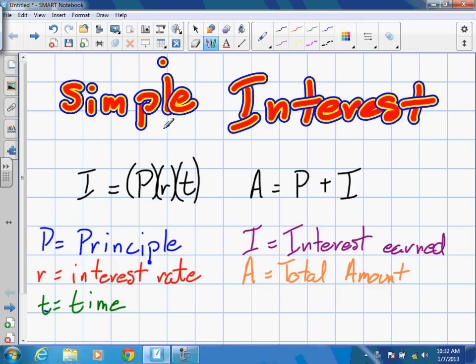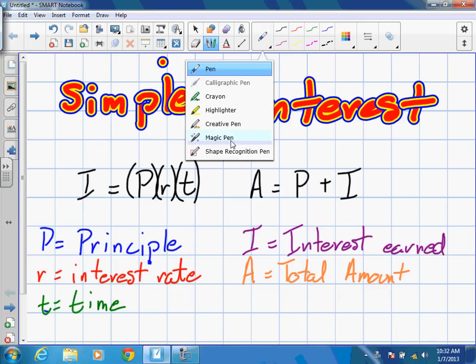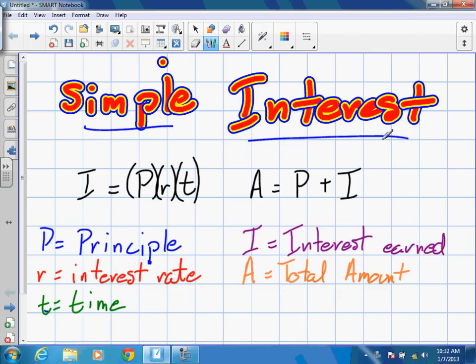Okay, we're going to be going over simple interest today. And like I said, the reason we introduce it to you is because it's very simple to calculate. But in the real world, if you're borrowing money from a bank or putting money into a loan, this is rarely used. Okay? So, you guys need to memorize these 5